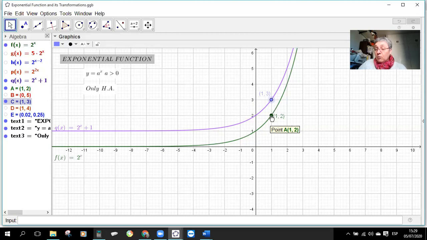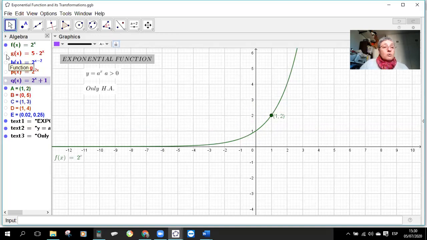departing from the green one to the violet one here. Again, the horizontal asymptote doesn't change. Okay, let's move to the